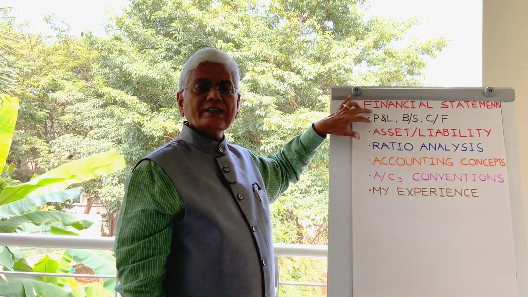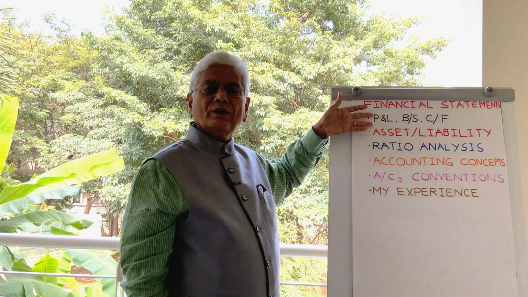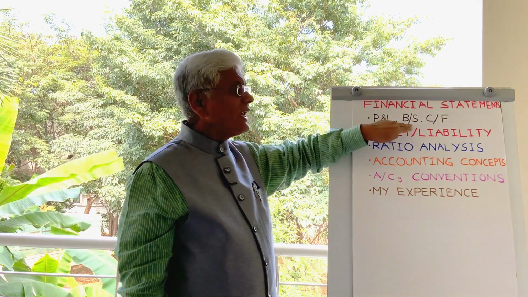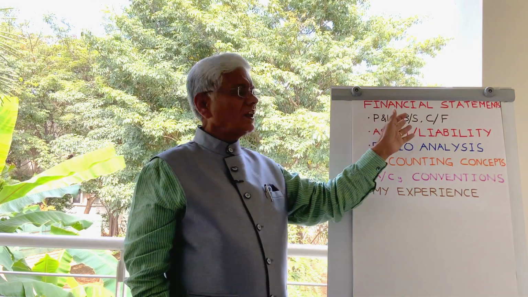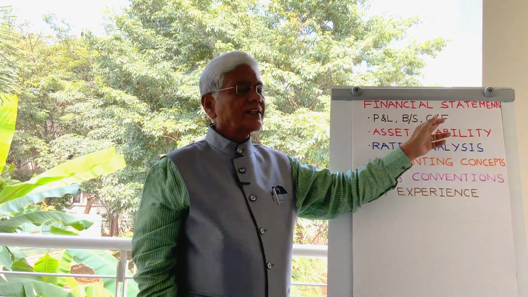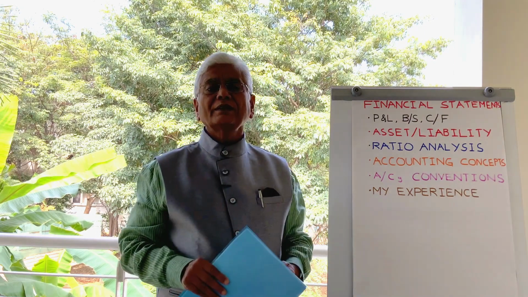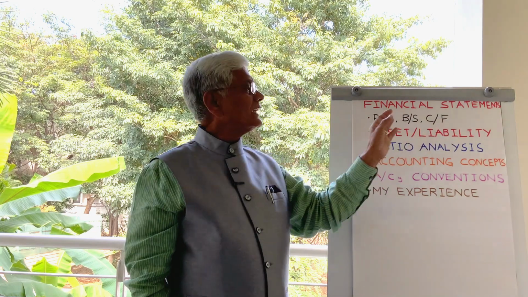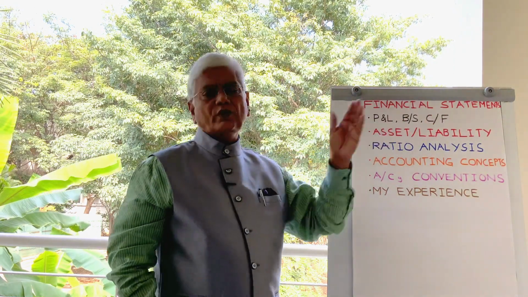P&L is a statement which tells you surplus of income over expenses during a period of time, whereas balance sheet is a summary of financial status, what an organization owns or owes as on a particular date, whereas cash flow statement tells you what kind of cash has come in and what kind of cash has come out to pay somebody. These are the three most important financial statements: P&L, balance sheet and cash flow.